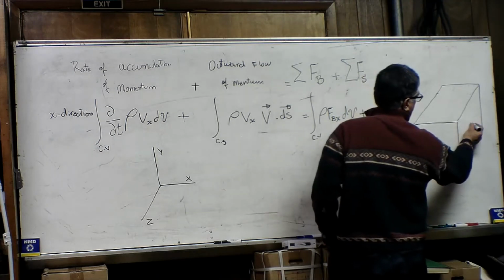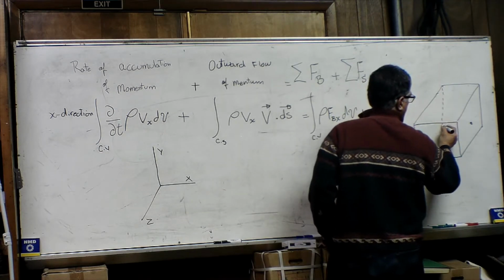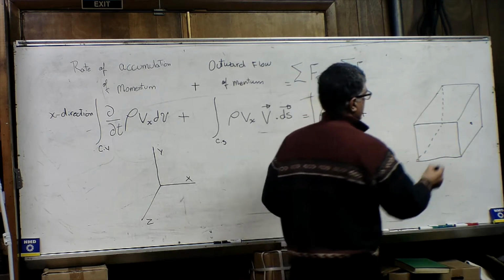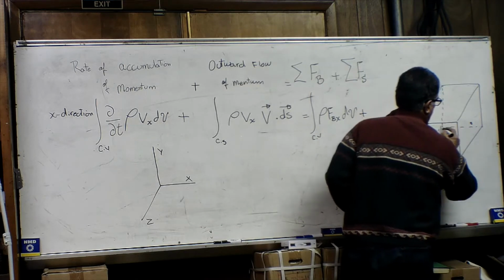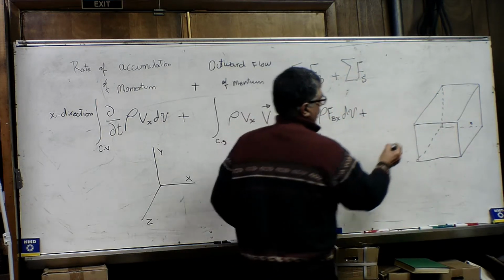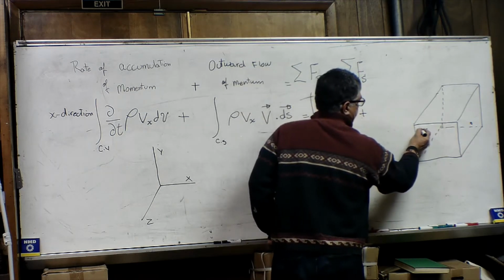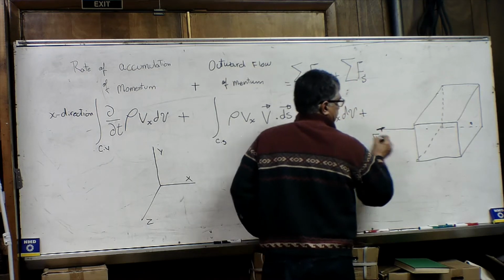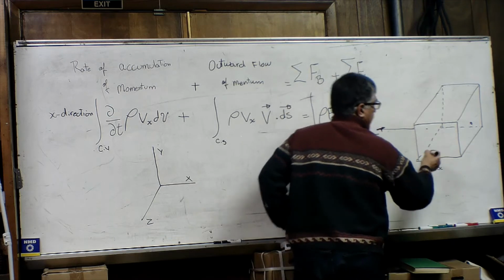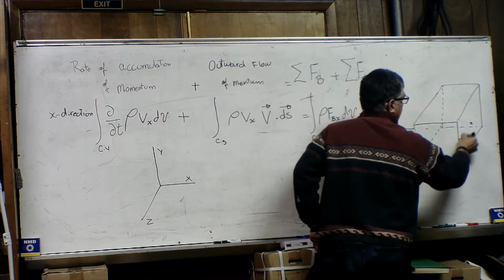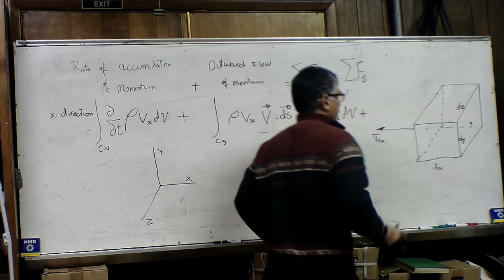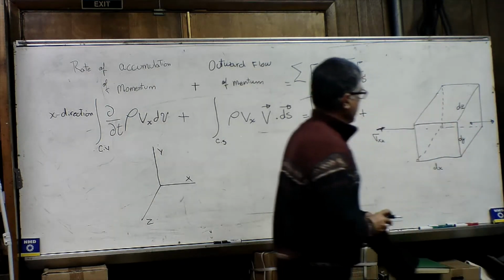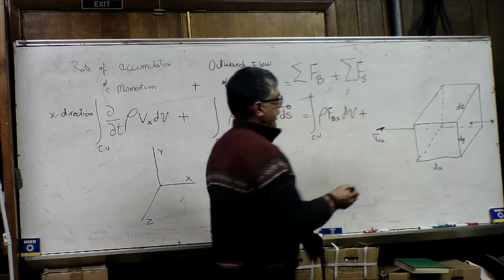Let's look at the x direction. Let's say this is sigma xx, and this is dx, this is dy, this is dz, and this in here will be,